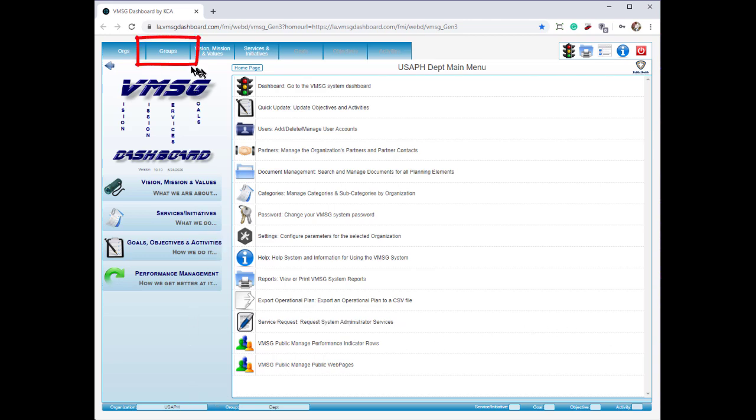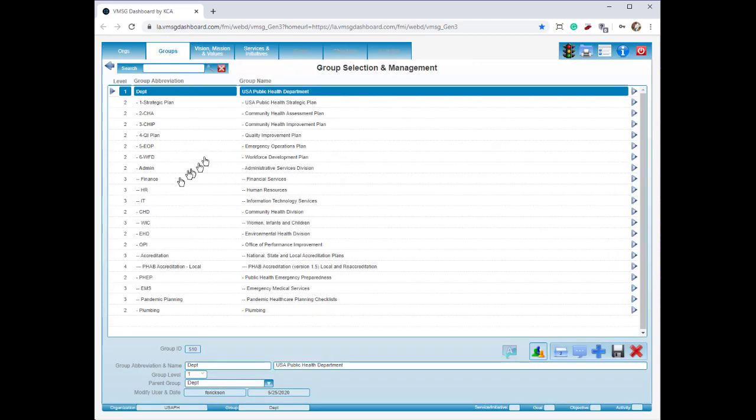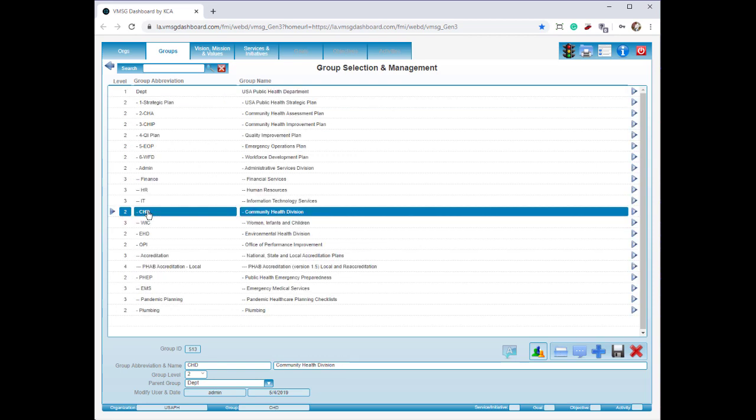First thing we'll do is go up to the Groups tab here. And let's go ahead and put the tobacco cessation program under Community Health. So I'm going to go down and select Community Health as my parent group. We'll go down and hit the little plus button down here, add a new group. We're going to call this group